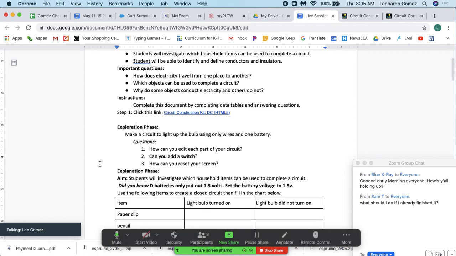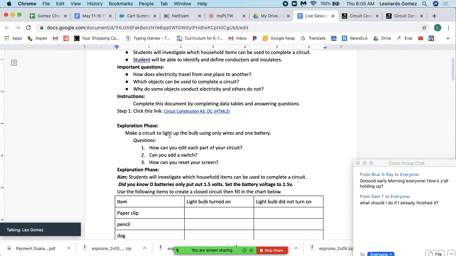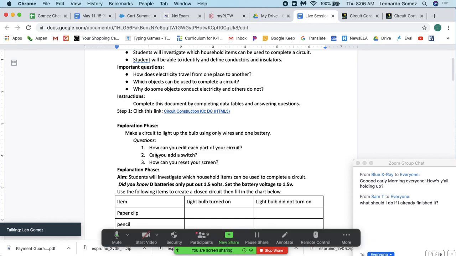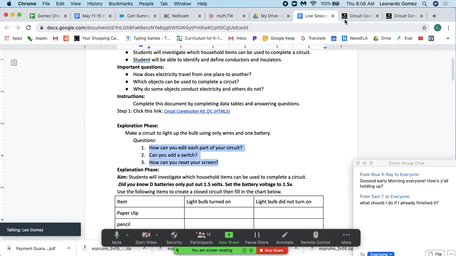Okay, let's go on to the exploration phase. Make a circuit to light up a bulb using only wires and one battery. Then the questions are: how can you edit each part of your circuit? Can you add a switch? And how can you reset your screen? These are just making sure that you are able to do these things. So the first one being,